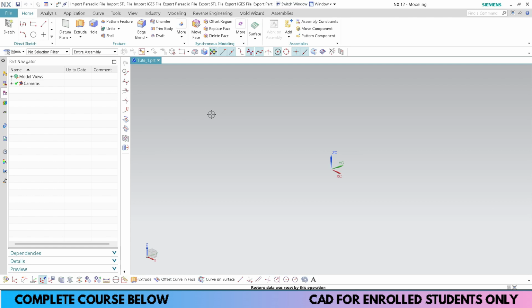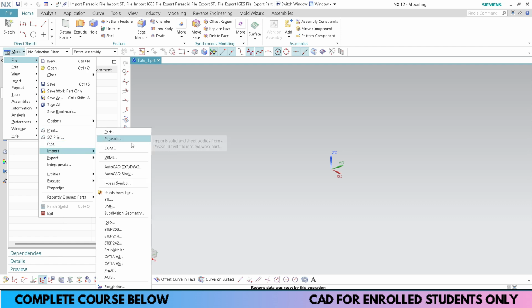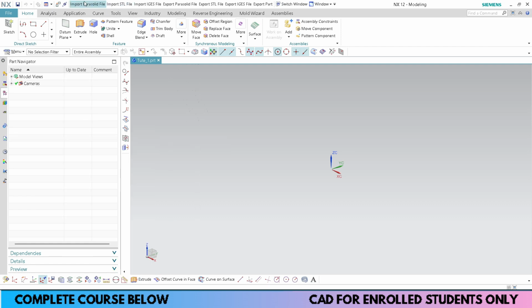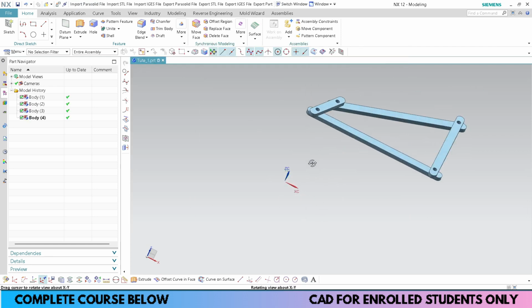So first I'll import my model. In this case, I'm using a Parasolid file, which you can import from here, import Parasolid. If you don't see the option here on the top, you can go to this menu, file, import, then select this Parasolid option. Now go to Parasolid import, choose this file, 4-bar mechanism, double click on this, and I'll do